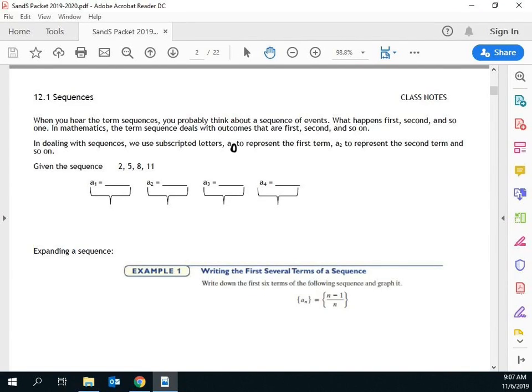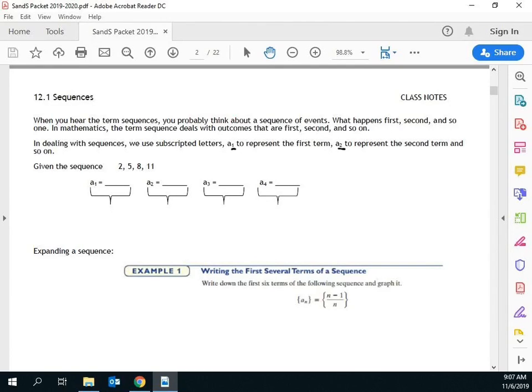So we're talking about these letters. The subscript is going to tell us what term we're talking about. Okay? So A sub 1 to represent the first term, A sub 2 to represent the second term, and so forth and so on. So given the sequence 2, 5, 8, and 11, A sub 1 is going to be